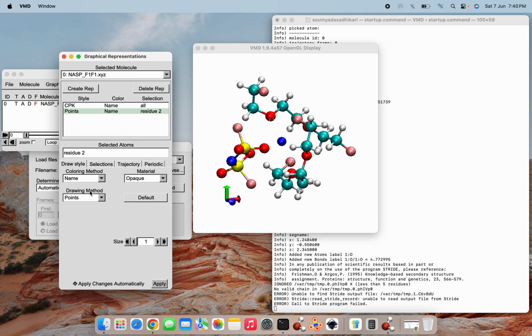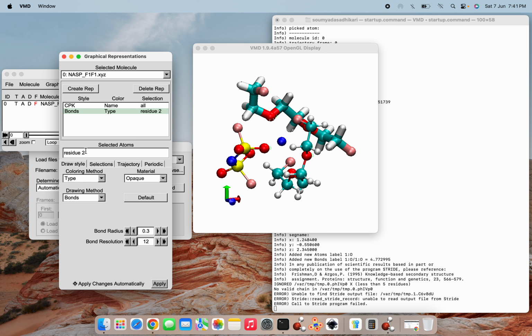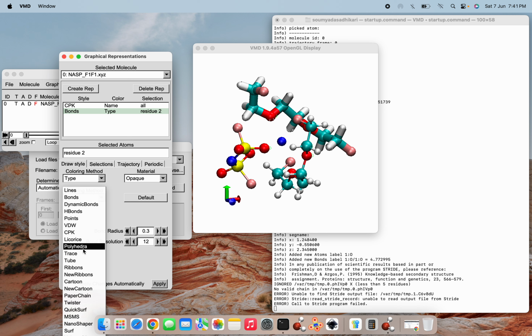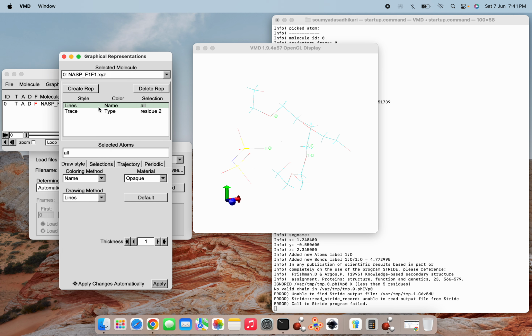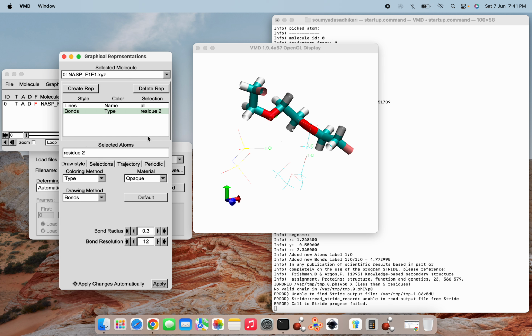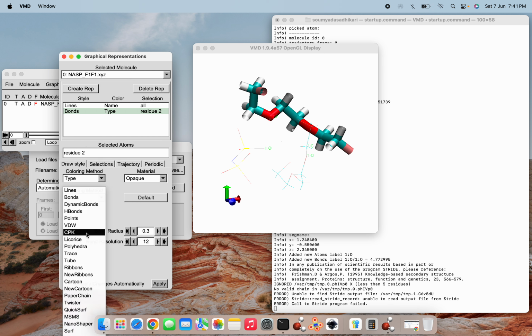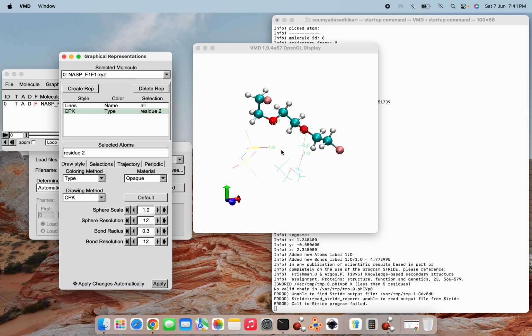So this way if you change this, now H bonds, or you can go to this type and then points, yeah, you can see that right now I'm doing it over residue 2, and this way the bonds and all these things are coming. And I can change this to lines first, yeah, then after this I can do this to bonds, yeah, you see. So this way you can do, or you can click it to CPK. So first make all into lines, then you can click on a particular atom,